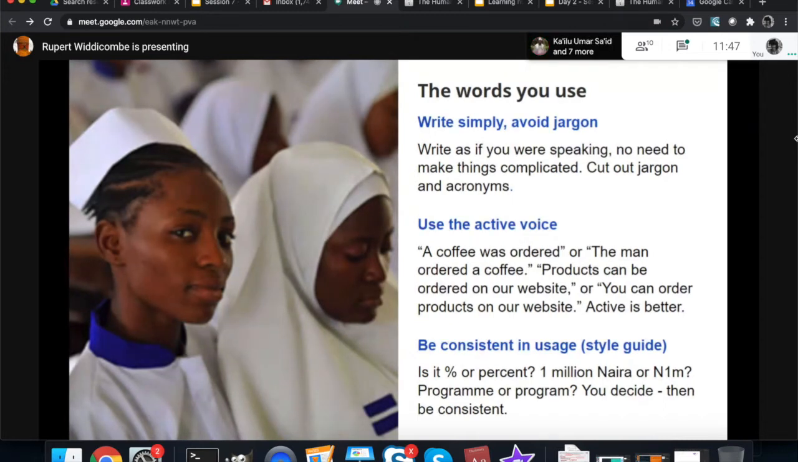Given that different people are going to be contributing to the website, and it's going to be a team effort to keep it up to date, you need to agree amongst yourselves how you're going to use certain terms. Are you going to use the percent sign, or percent as one word, or percent as two words? When you're using currency, is it 1 million naira, as I've written it on the screen, or do you shorten it like that? Are you going to use the UK spelling for program or the American spelling? It doesn't really matter. These things are all